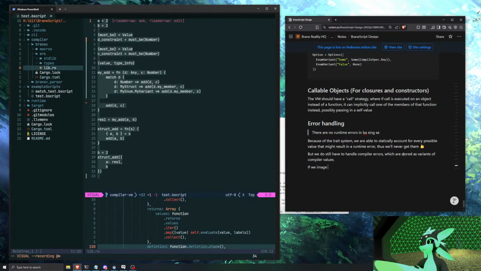If we imagine the program as a tree of operations and errors as leaf nodes connected together,